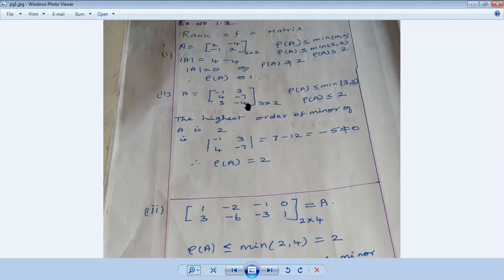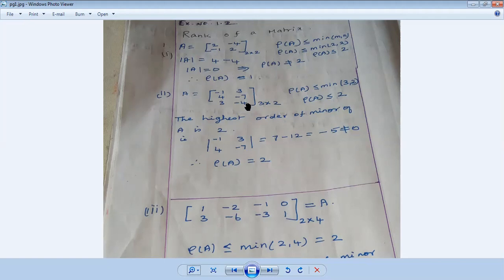Determinant method may be asked under a 2-mark question. Find the rank of the matrix may be asked under a 3-mark question, where you can go either by determinant method or echelon method. Echelon method is very, very simple compared to determinant method. Okay, so first we are going to find rank of a matrix using determinant method.